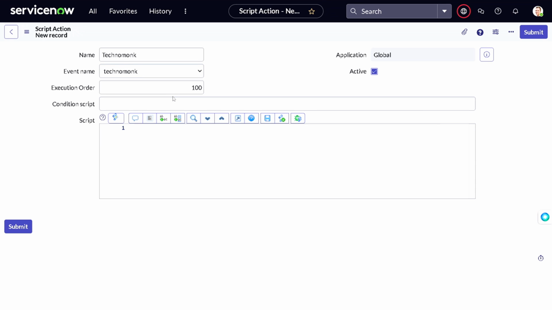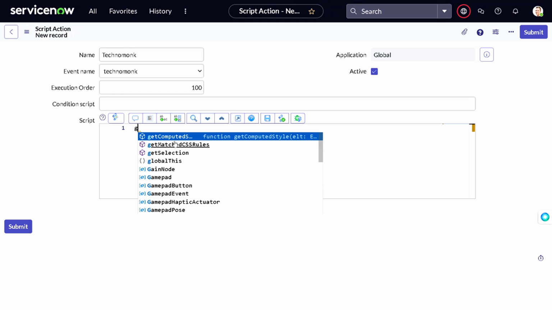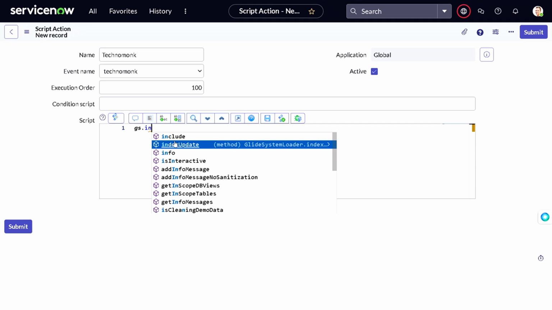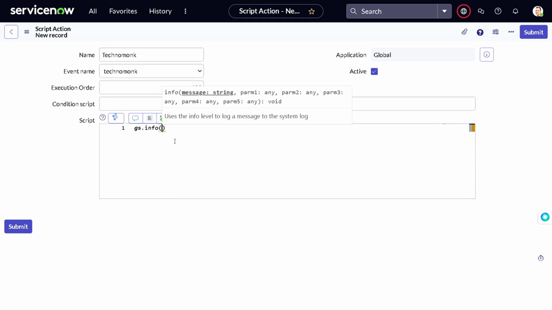You can also define the conditional script, which will check whether it gets satisfied. For example, current.user has ITIL role and all those things, right? So you can check that particular thing. It's not a problem. And now what you have to do is write your code over here. So we can simply do gs.info, and I can give it as what we have over there. We can give event,